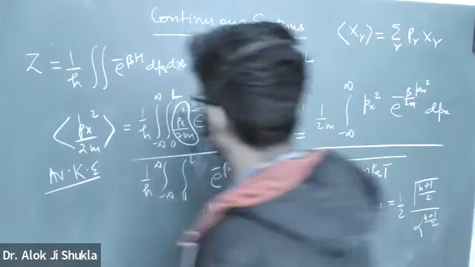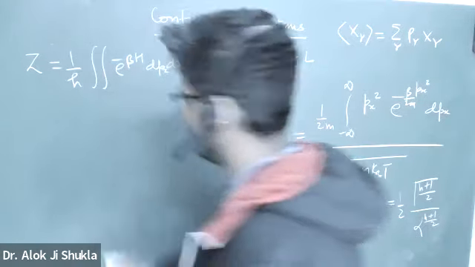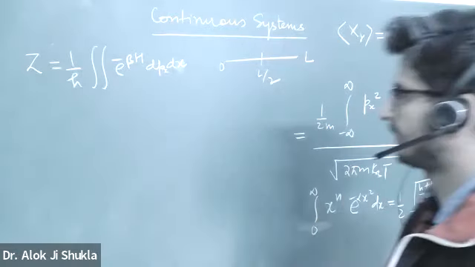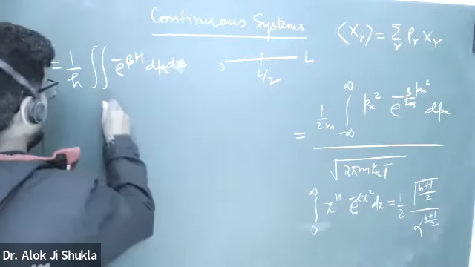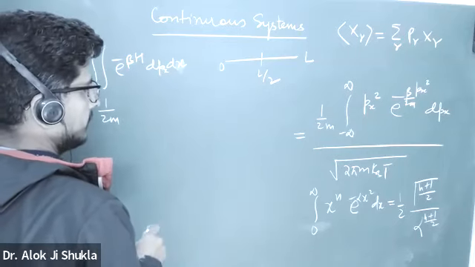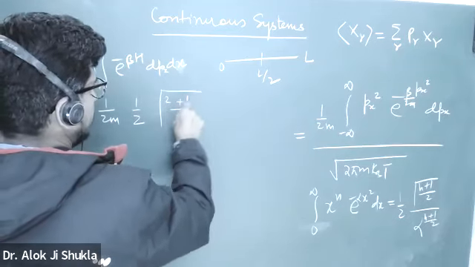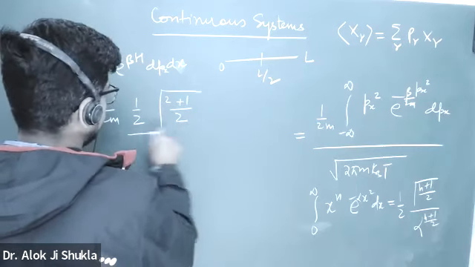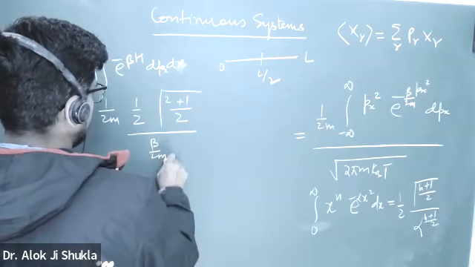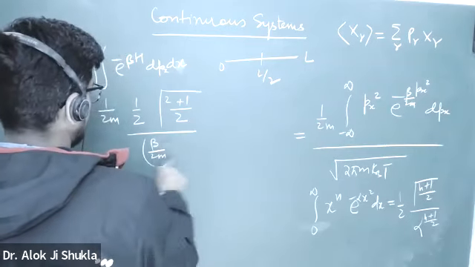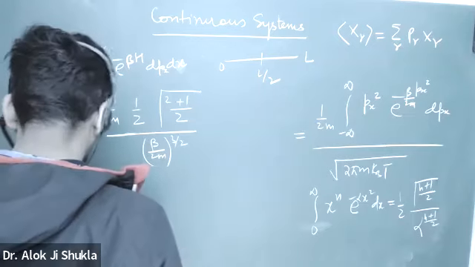So this will become, क्या बन जाएगा? So this will become, बोलो भाई, what it will become? 1 by 2m and half this half KBT gamma 2 plus 1 by 2 by alpha, which is beta by 2m. Alpha and 3 by 2. And this is equal to